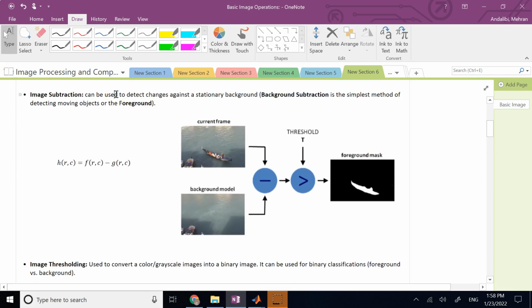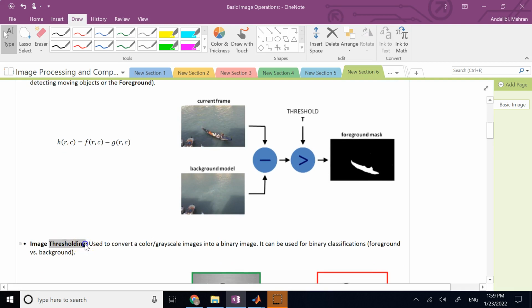But what about the image subtraction? Why should you subtract the images? Well, one of the major things that you can see is called the background subtraction. If you have a stationary background and you want to detect what comes in front of the camera, right? If you want to detect the moving objects in front of the camera, then all you need to do is to subtract that stationary background image from your current frame, from what you see at the moment. If you subtract the two, and you apply a threshold to it, which is our next topic, thresholding or binarizing the image,